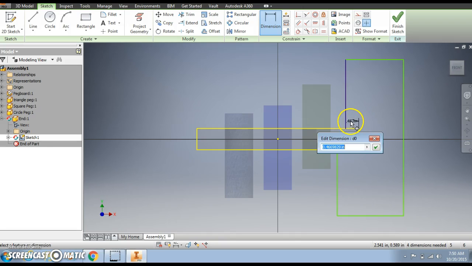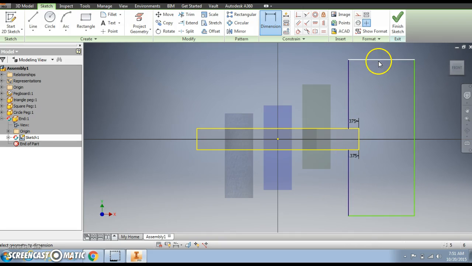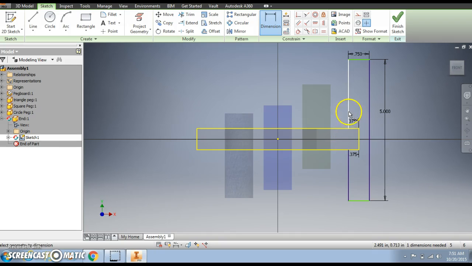Alright, so now I can dimension this. I'm going to dimension this distance here to 0.375, which is 3/8 of an inch. And I'll do the same thing down here. I'm now going to dimension my width to 0.75. Now, technically you can dimension the rest of this however you want. Typically I just stick with 5 inches here, and the distance from this line here would be 2.125, just to center it. Okay. When I'm done, I'm going to hit Finish Sketch